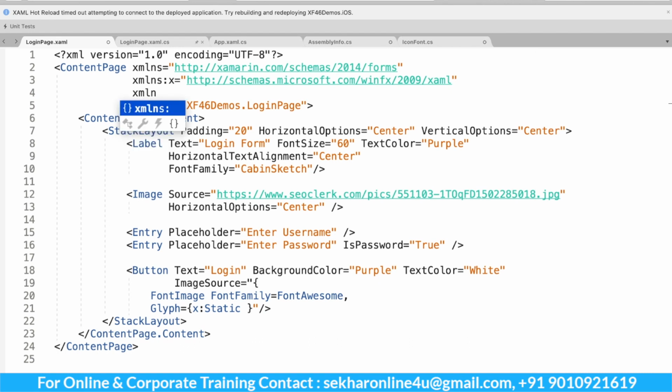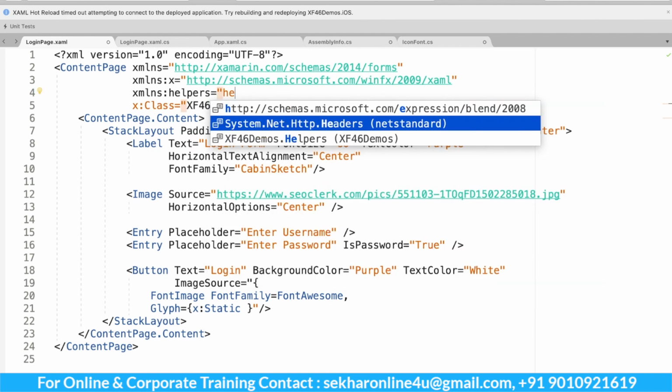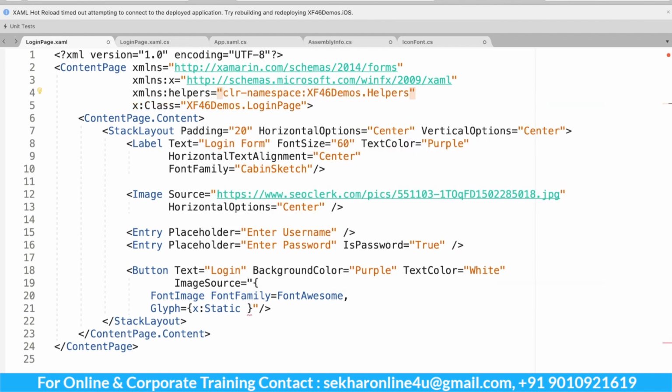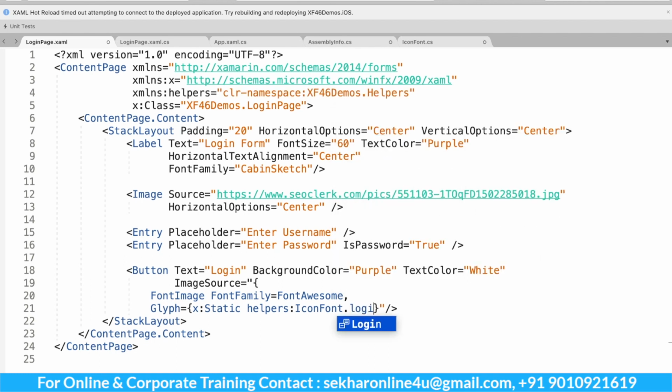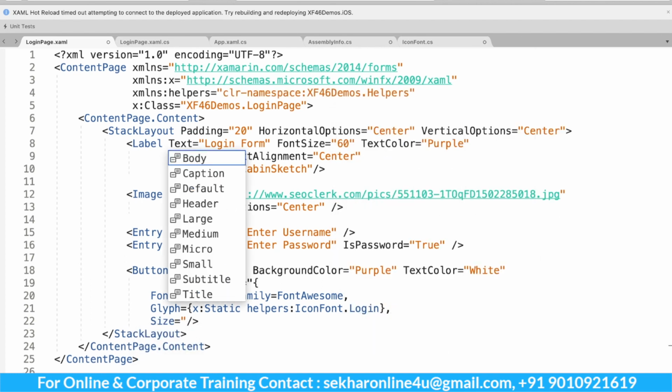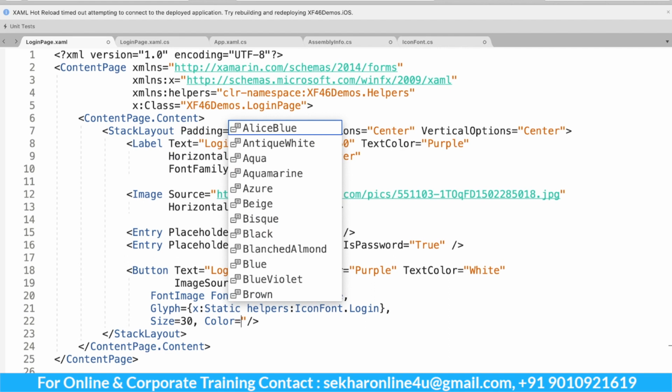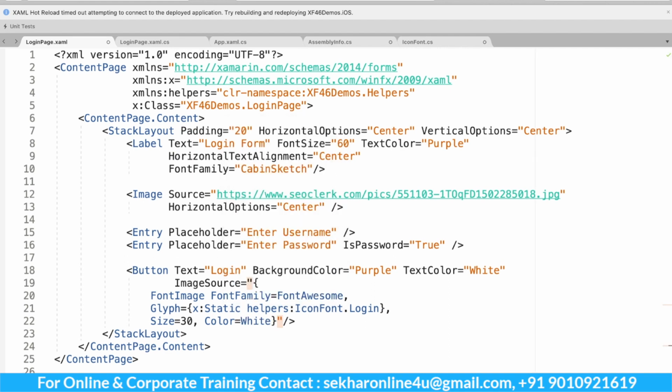So let me type in xmlns:helpers equal to, let me select the helpers namespace. And then let us continue with our code. Helpers:IconFont. I wanted to use the image of login. Then the size I would like to keep as 30 and the color I would like to have is white. Now let me execute the application.